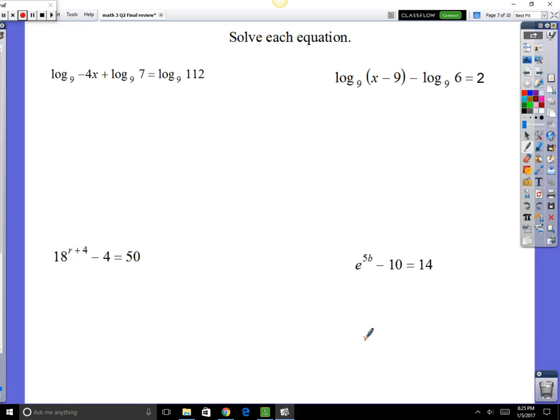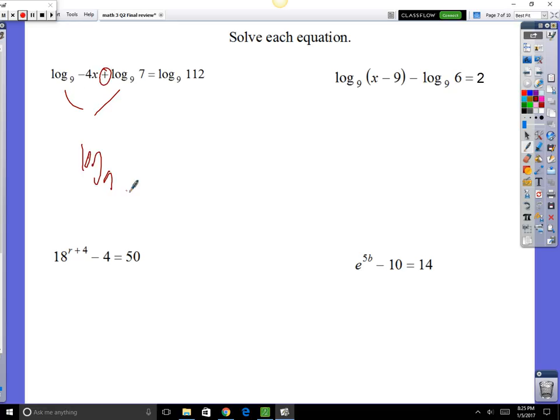Okay, now equations with logs. Let's do this one, and let's use the rule we just did. Let's combine these 2 logs into a single log. So log base 9, and even on this side is log base 9, so the logs are all in base 9, which is nice. Now, if you're adding them and you want to rewrite 2 logs into a single log,